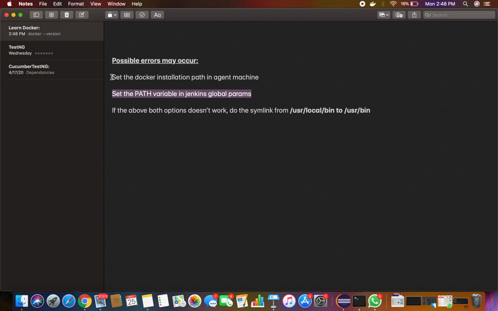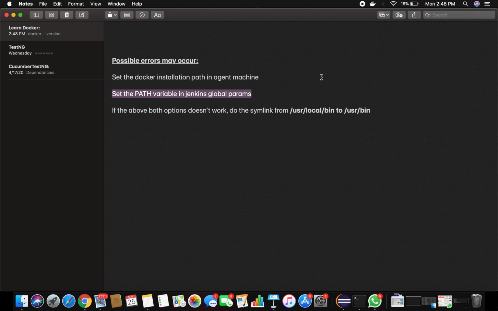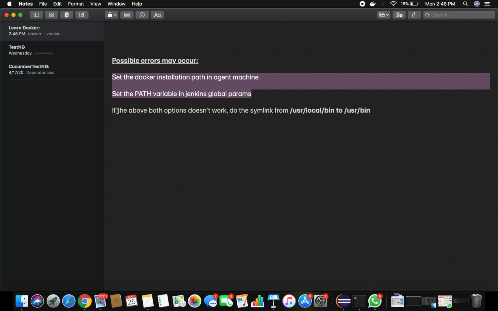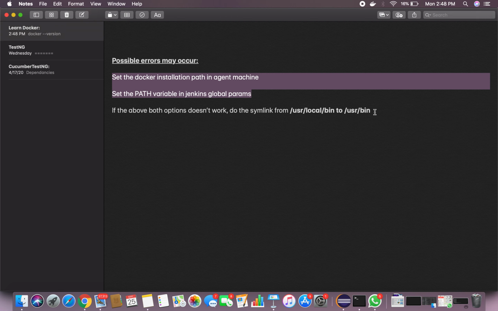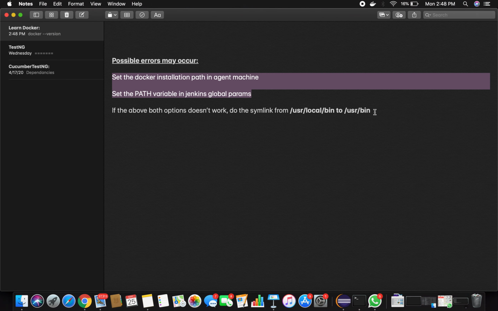Otherwise, when you are adding a node, you can set the path where Docker is present, that is /usr/local/bin. If both of these options don't work for you, create a symlink from /usr/local/bin to /usr/bin, so that either /usr/local/bin or /usr/bin has Docker and it will be able to identify it. It goes to /usr/local/bin and finds the symlink, goes to /usr/bin and executes. So you will not be seeing that particular error.